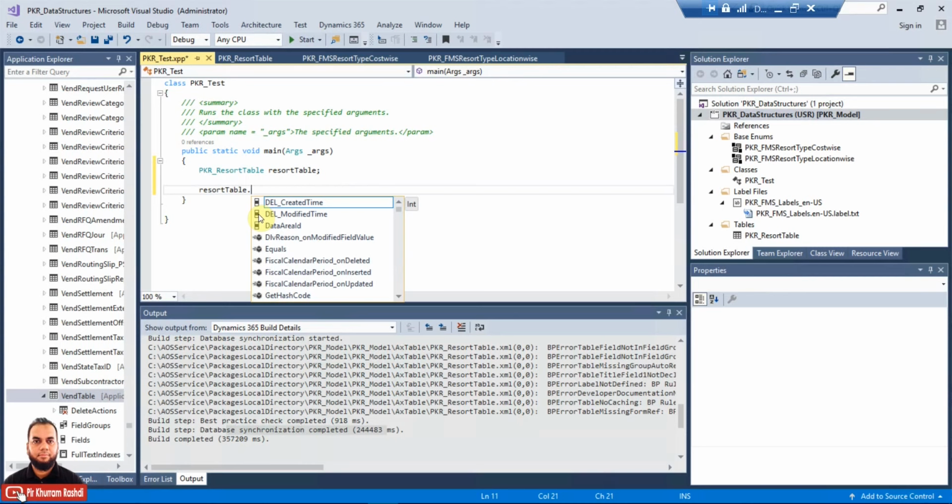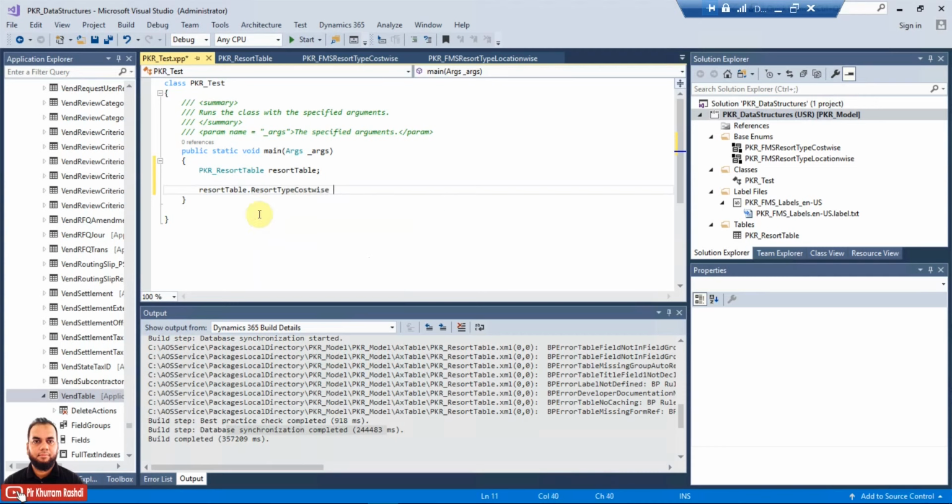Once you insert a dot, you can refer to the field name, and that field name was resort type, resort type cost wise, and that has an enum type. So how you can assign that resort type: just put an equal to sign.